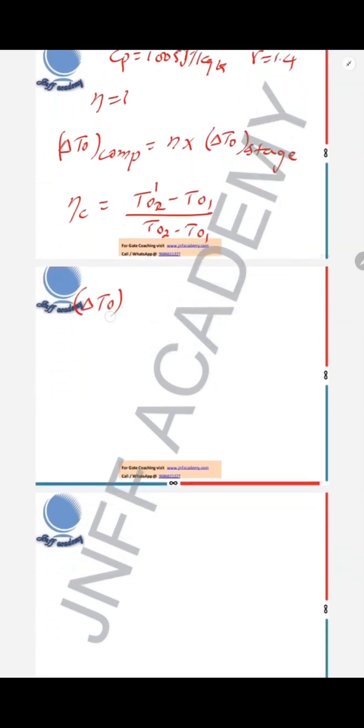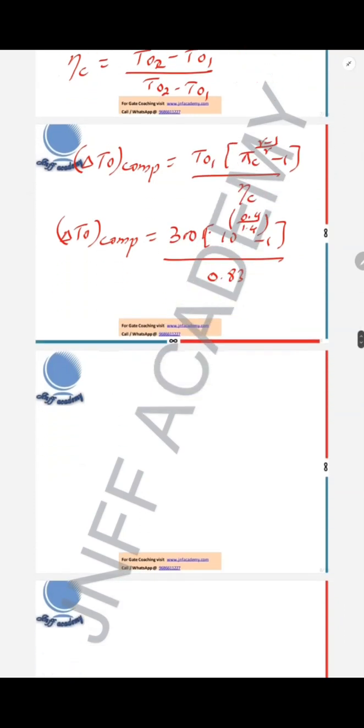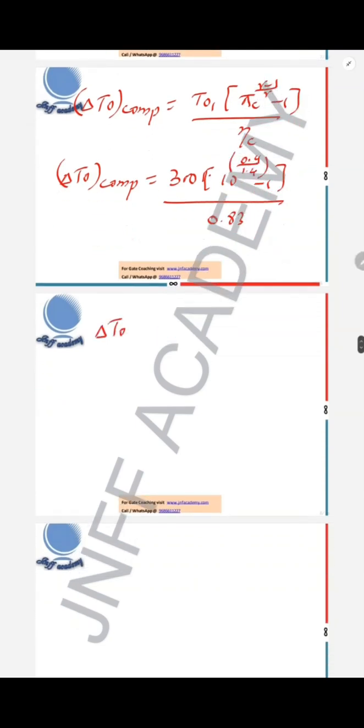That is delta T0 is equal to, if we take T01 as common, pressure ratio power (gamma minus 1) divided by gamma, minus 1, divided by efficiency. Let us substitute the values and get the temperature change across the compressor. That is 300 Kelvin into (10 power 0.4 divided by 1.4 minus 1), this whole divided by 0.83. When you substitute this value and calculate, you will get the temperature change across the compressor as